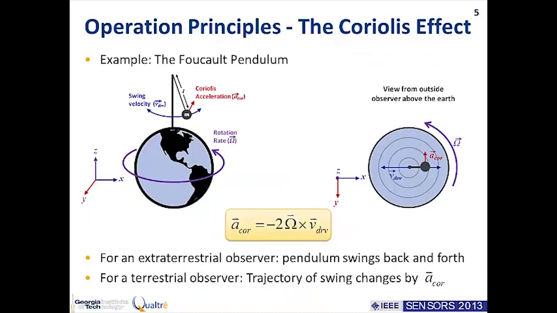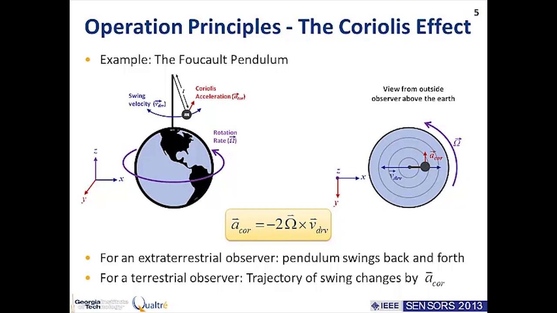So now let's take one step back and talk a little bit about the fundamentals of how vibratory gyroscopes work, to have a better idea of how to design them to get them to perform better. Probably most of you know that vibratory gyroscopes operate by using this physical phenomenon known as the Coriolis effect. Perhaps the easiest way to understand how this principle works is by looking at the classic example of the Foucault pendulum. If we have a pendulum that we place exactly at the north pole of the Earth